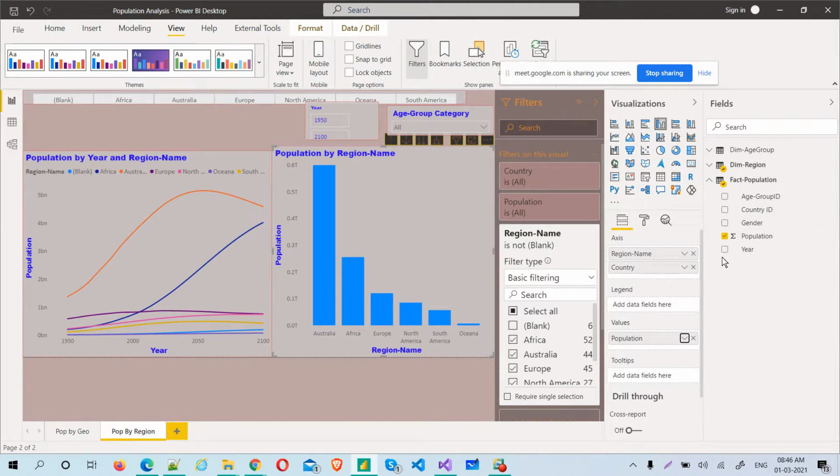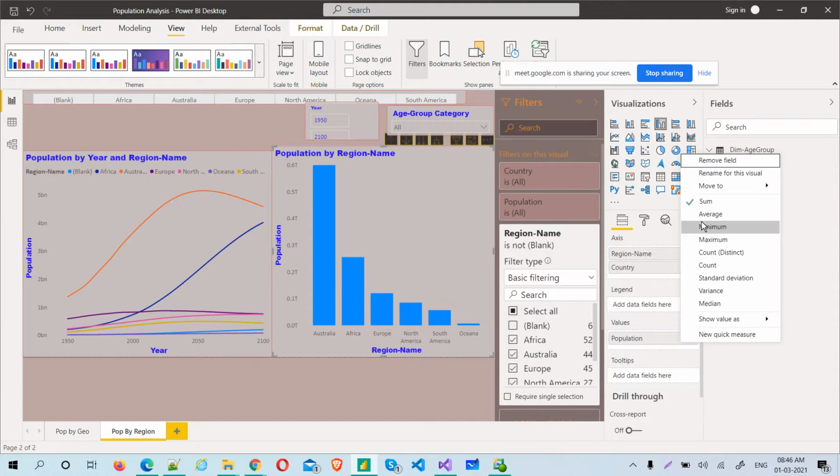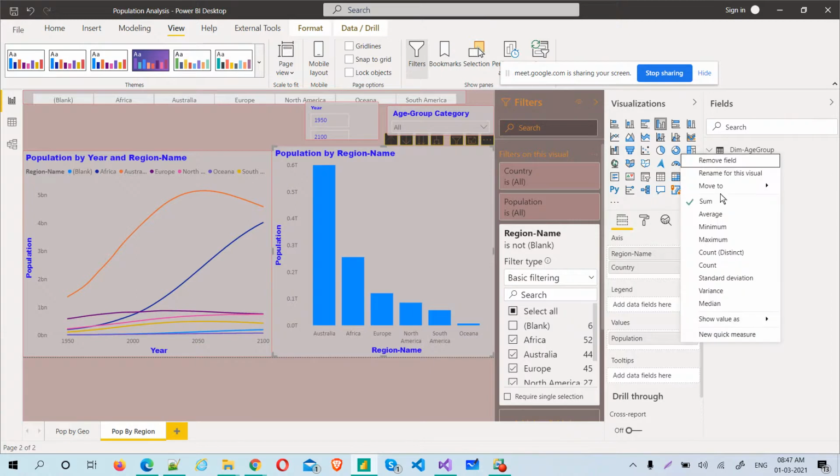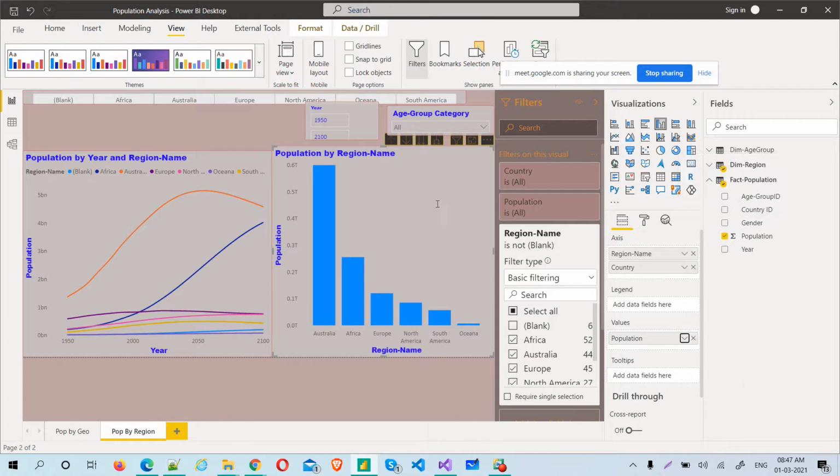Just assume for all of them Power BI is actually giving these many default summarization values, which will eat a lot of memory of the Power BI. So to avoid that, in the best practice, create the measure, so that Power BI is free from these defaults for all the numeric values. You can just pull that measure here and that's it. But you can see Don't summarize is also available for some values, not here, but in some other values you will get it.